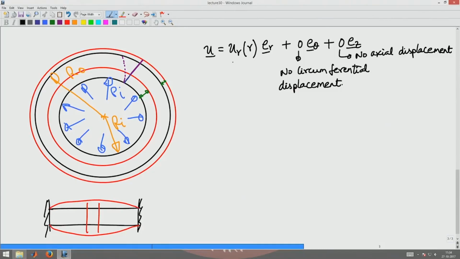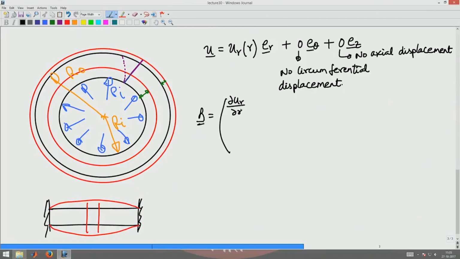Now you are supposed to find what this radial function u of r is. For that we have to run through the procedure of finding the strain, finding the stresses, and using the equilibrium equations to find the unknown displacement component. Okay. So now the gradient of displacement h is given by,